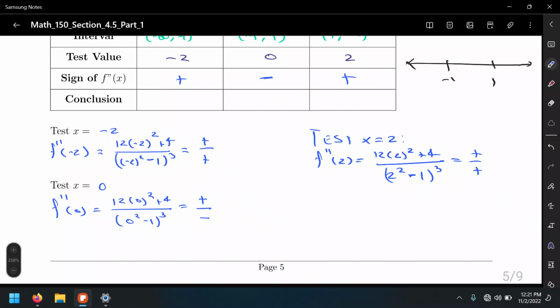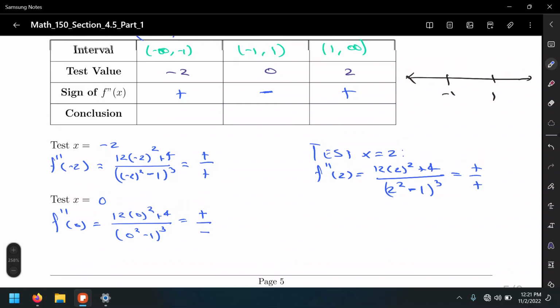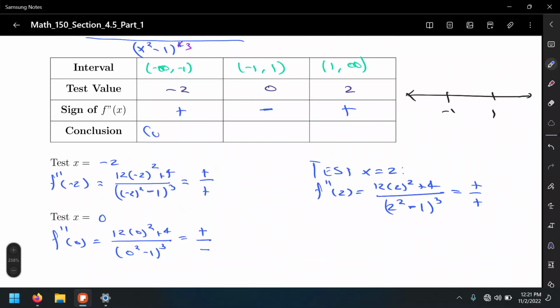Check the result I'm getting for negative 2 and for positive 2. I can just go directly to say positive, because didn't we check before that this function is symmetric about the y-axis? So whatever end behavior you get for this value on the left, it's going to be the same behavior on the right. So alright, that means concave up,